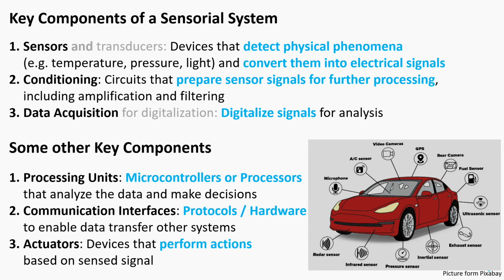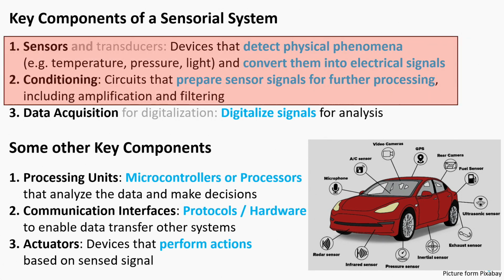Furthermore, the conditioning is the electrical circuit that prepares the sensor signal in order to be processed by the microcontroller. Normally, over there, we find amplification and filtering. After that, the acquisition elements are those that will give digital data to be processed or displayed into the digital system, the car in the example. This acquisition part will be analyzed in detail in the next section of the MOOC, so now we will concentrate on the two first elements, sensor and conditioning.